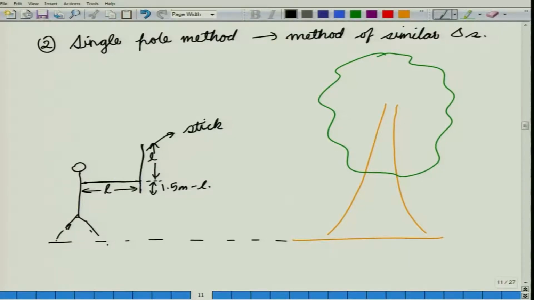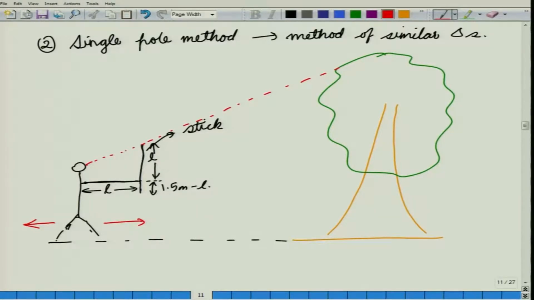Suppose he is standing at the same level. Now, our observer will either go towards the tree or will go away from the tree to ensure that from his eye the top of the stick and the top of the tree come in the same line. So, when that is done,